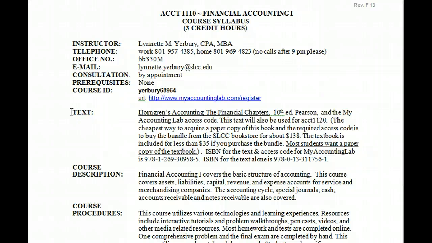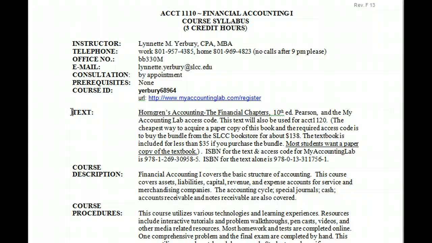Also, accounting is kind of like a math class, and it's nice to open it up and look at it while you're completing your homework. You can get the book bundled from the bookstore with the software for about $138. Varies a little bit, somewhere between $130 and $140. The software costs right around $100, so you're getting the book for something around $35, $38, depending on the semester.